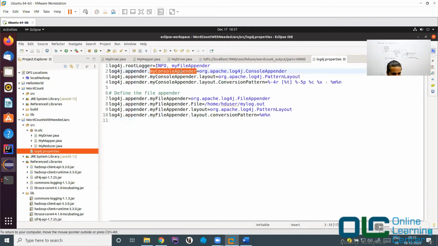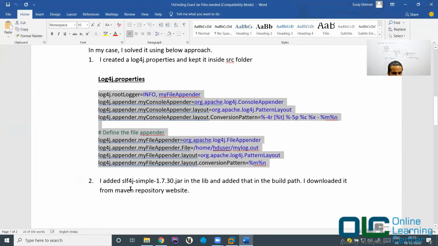We will talk about this log4j, okay, in a dedicated class. But right now, let me just try to show you all those counters back, right? Okay, so this is what we have done. We have just added some lines by referring to my document, right? Okay, now the next thing you need to do is add a jar file called